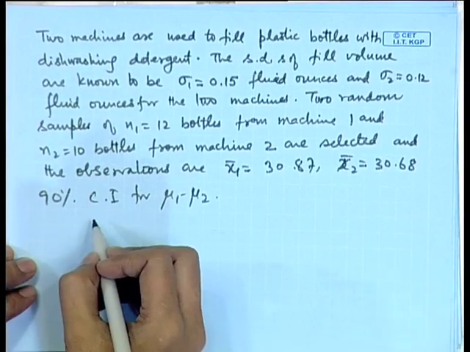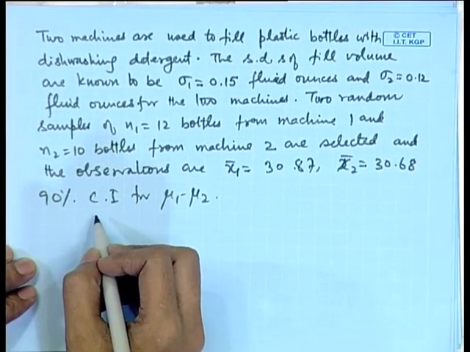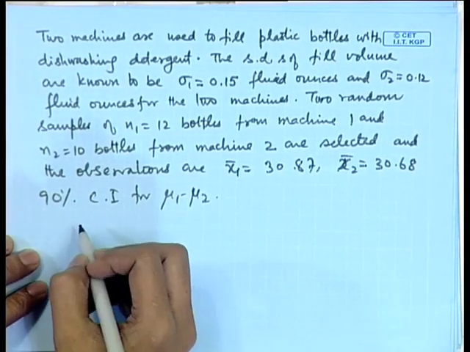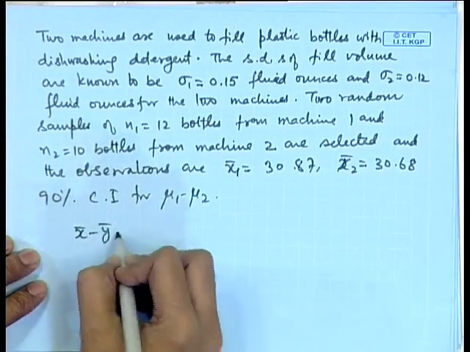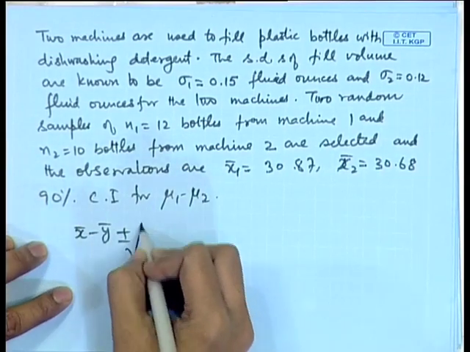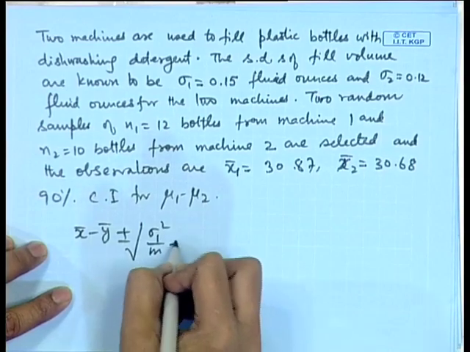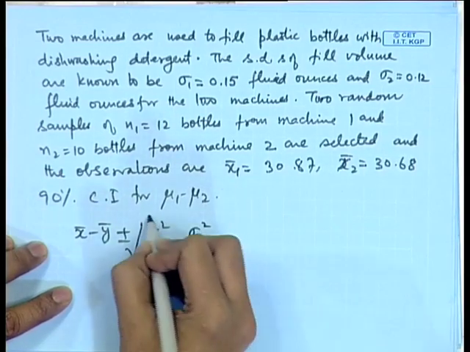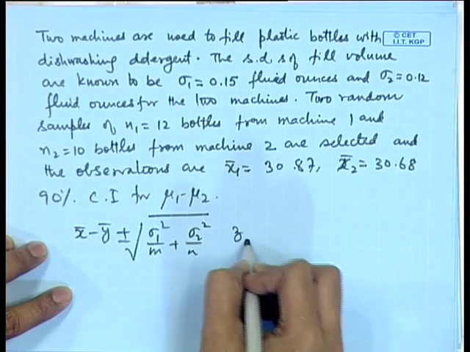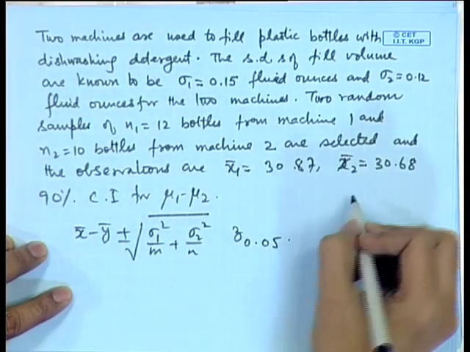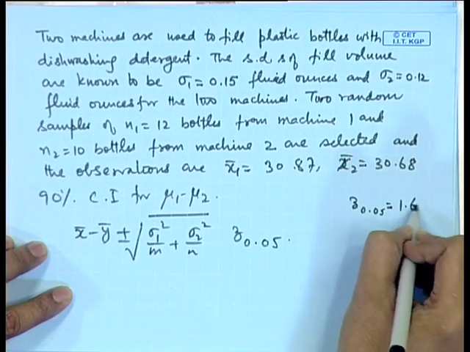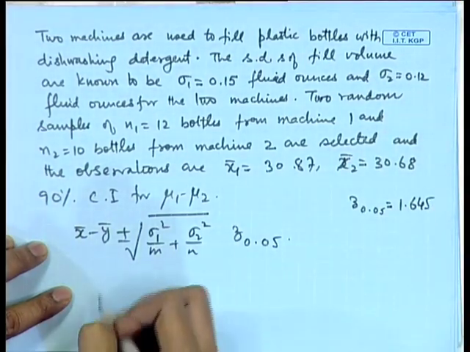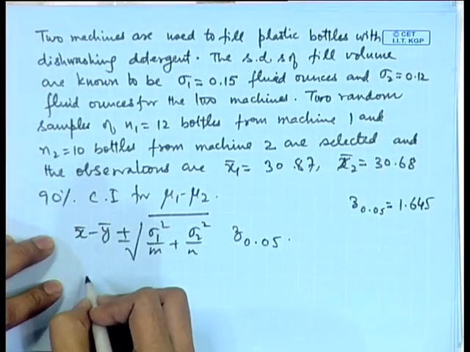So, here we can look at the confidence interval as x bar minus y bar plus or minus square root of sigma 1 square by m plus sigma 2 square by n, times z 0.05. Now, z 0.05 we can see from the tables of normal distribution is 1.645. So, this interval becomes